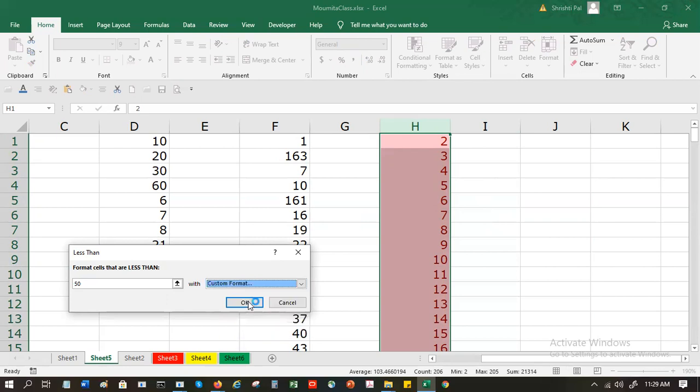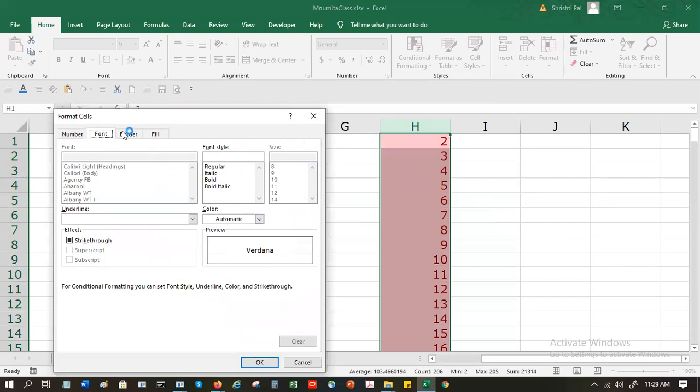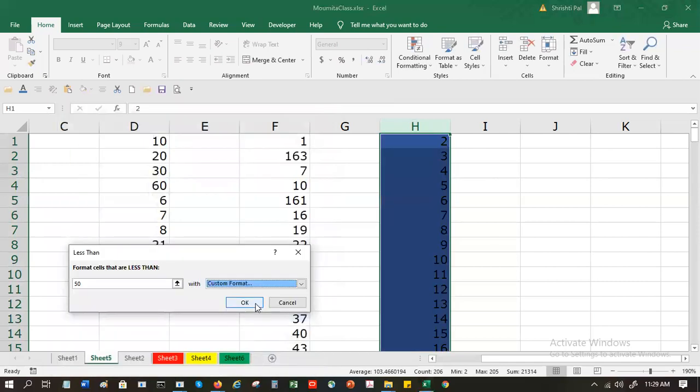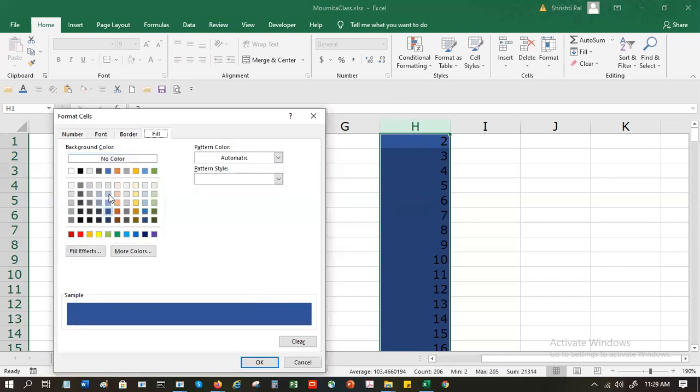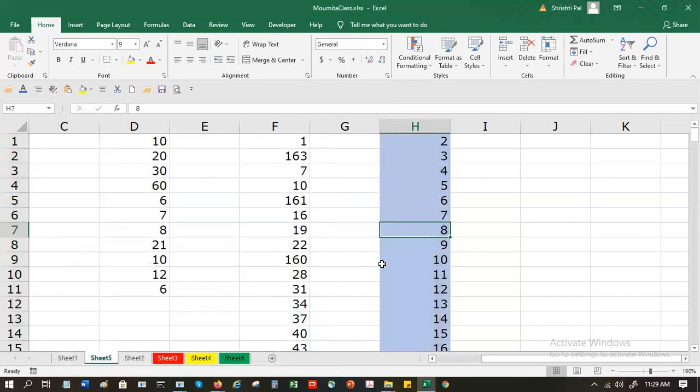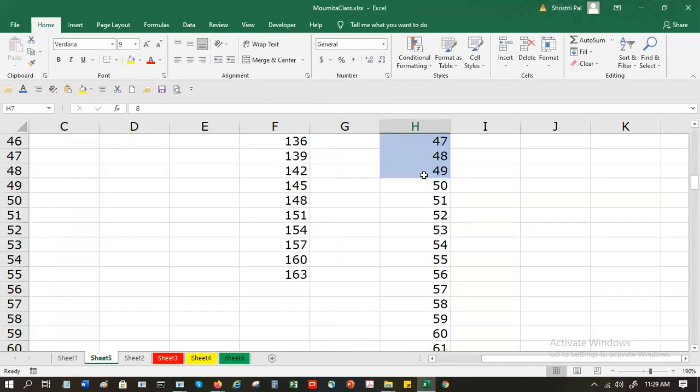So it opens up the entire spectrum of colors. So whichever color I want, suppose I want a blue color, it's too dark, maybe you want a lighter one, this one, let's say. So you can do that. So all values less than 50 are highlighted.